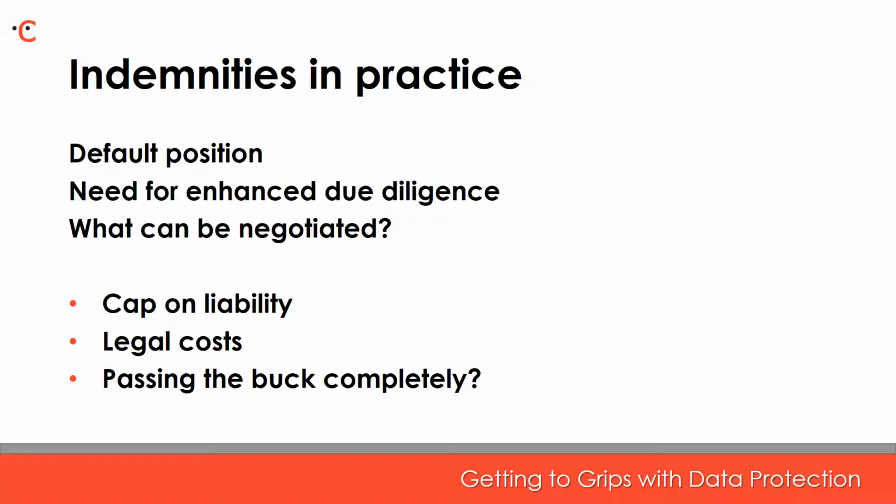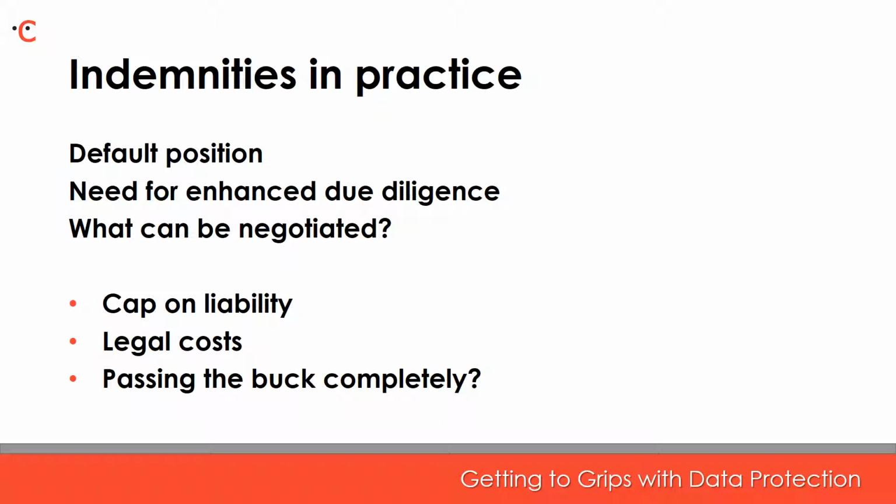It's also important to appreciate that under general legal principles, even where there's no contractual indemnity, there's a right to reclaim from the other party their fair share of the liability. In the example I gave earlier, if a data controller pays out 100% of a claim when it was only 10% responsible, it will have a right to recover the remaining 90% from the data processor. However, that process of making the claim can be streamlined by a well-drafted contractual indemnity.